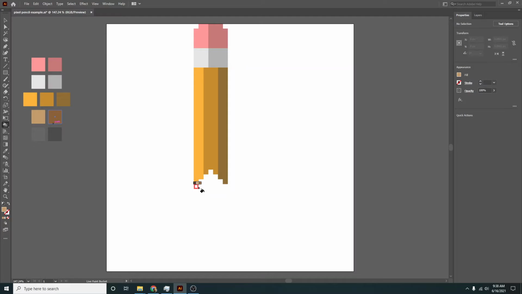If I want to make this just be a blunt pencil tip, obviously I could do this one-to-one like this. I don't think I want to make it that blunt, so I'll probably just go up 2, and then up 2, and then up 2, and then up 2, like that. So we've got 2, 2, 2, and then 2 right there. And so we can do the same thing here on the other side, mirror that as best we can,